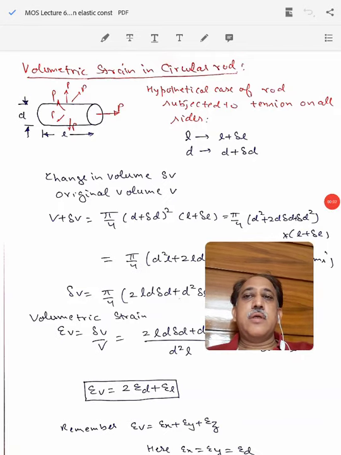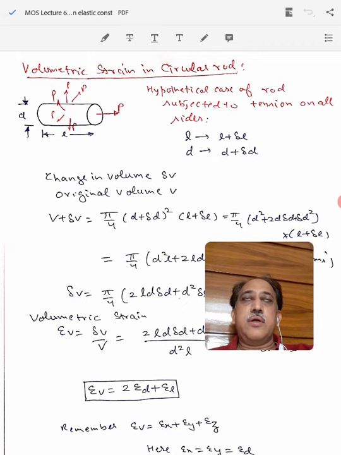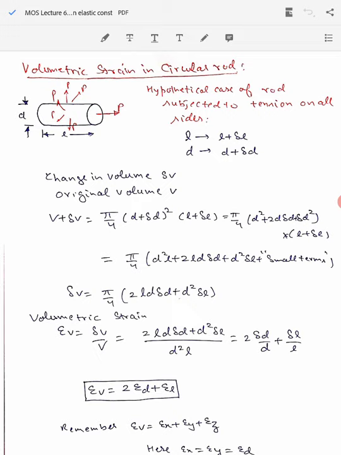Students, in the last lecture, we talked about the elastic constant mu, which is Poisson's ratio, and which relates the lateral strain to the longitudinal strain. We also derived the expressions for volumetric strain of a rectangular body, and volumetric strain is nothing but the change in volume divided by the original volume. So in today's lecture we will continue it further, and we'll also derive the volumetric strain for some other kind of machine objects.